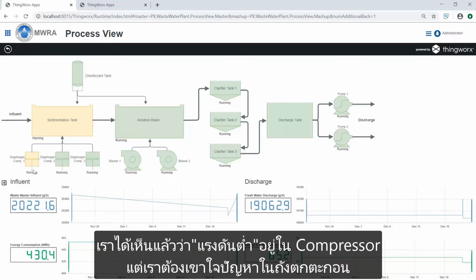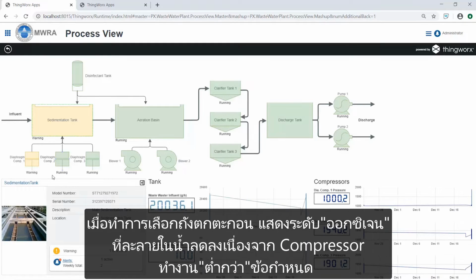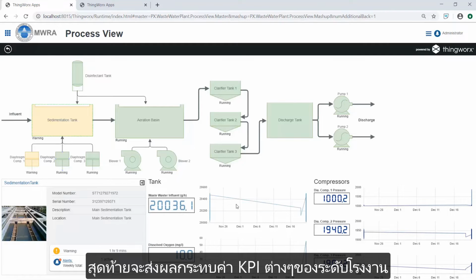We've already seen that there is low pressure in the compressor, but we need to understand the issue in the sedimentation tank. Selecting the sedimentation tank shows the dissolved oxygen level is decreasing because the compressor is operating below spec. This impacts the efficacy of the tank's biological components, slowing the sanitation process and ultimately impacting our ability to achieve